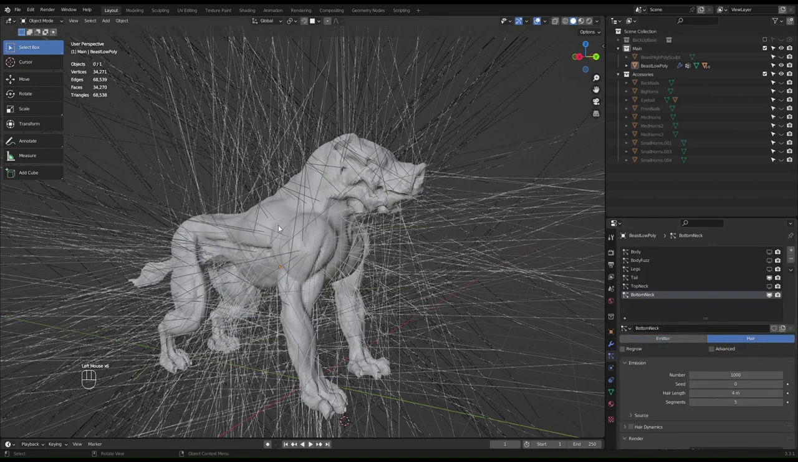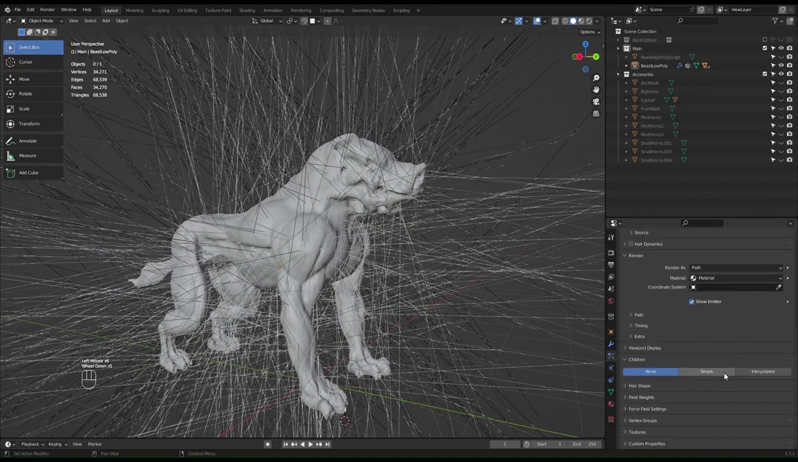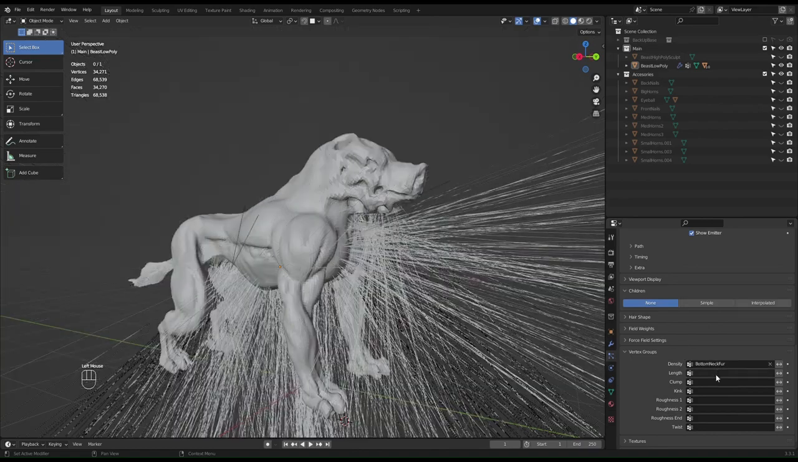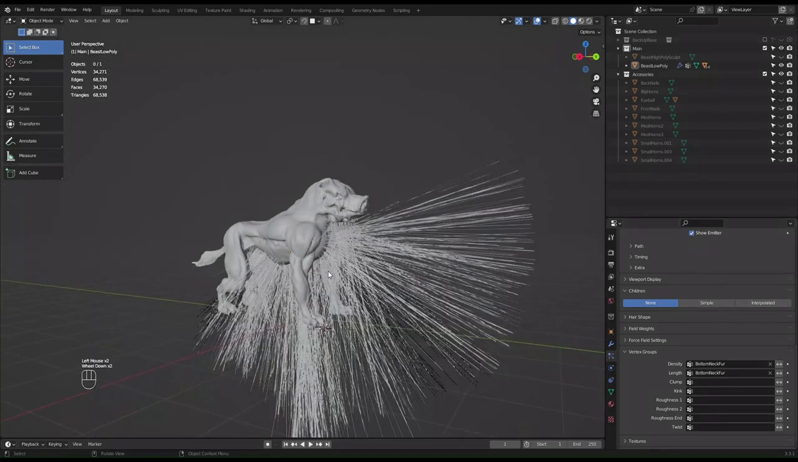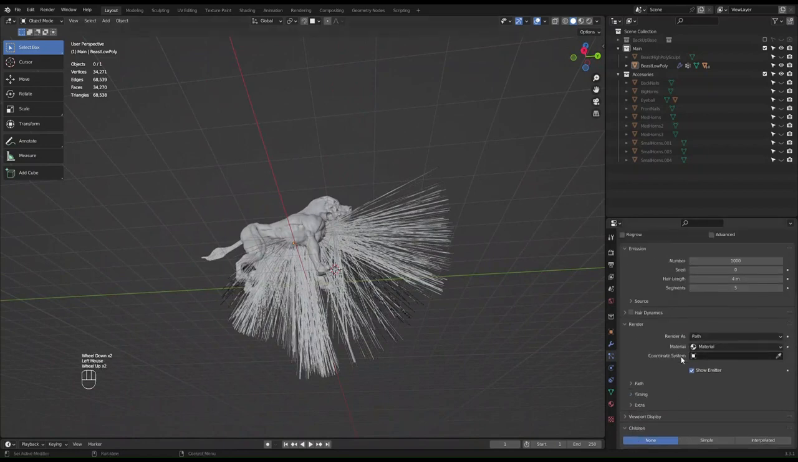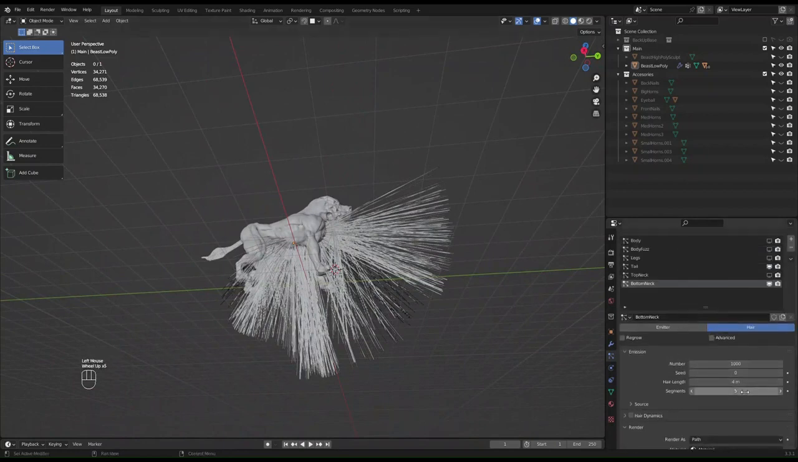Go back to the particle system, change this to hair, go right down to the vertex groups and choose where you want our hair to go. The last vertex group, the bottom here, makes sense, very nice. Change that length, go back to the emission, change this bad boy to